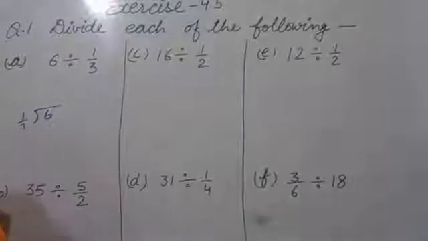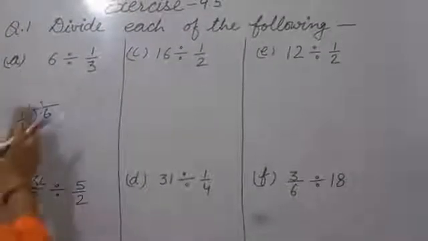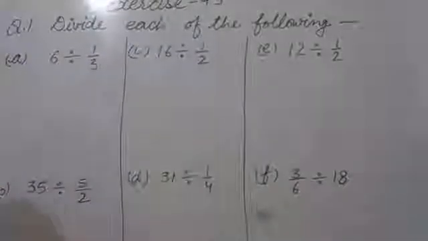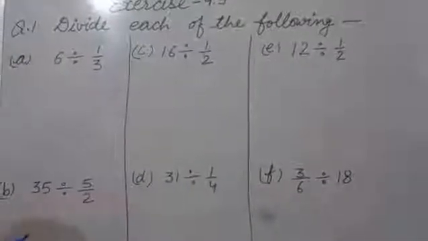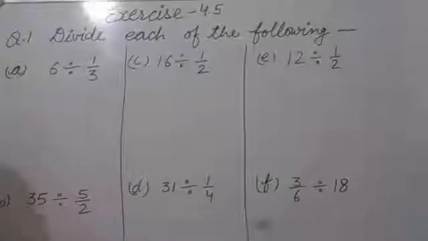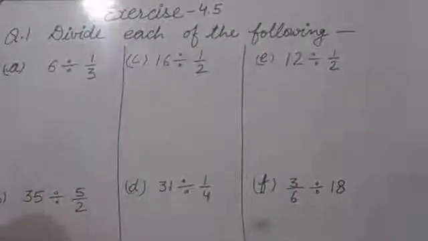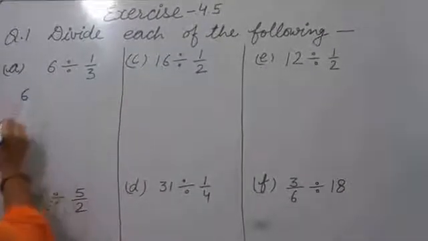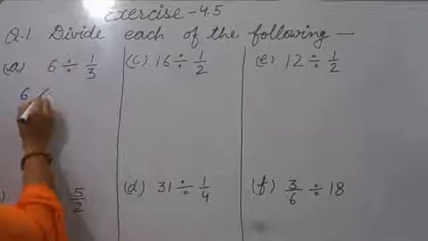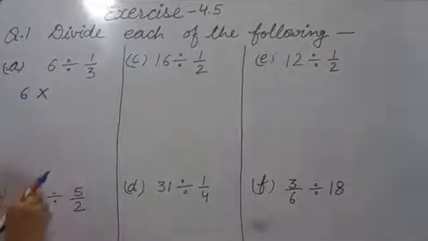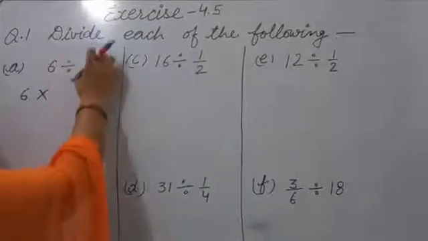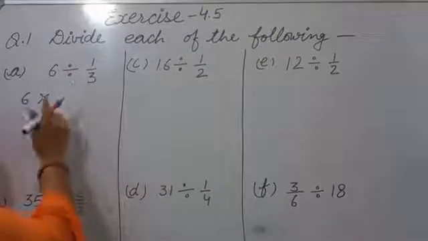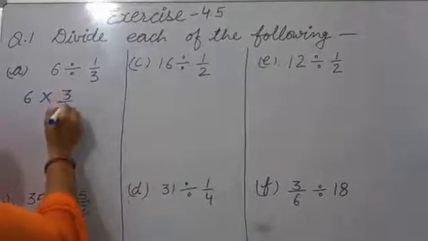How will we do it? We change divide into multiply. In fractions, the divide is different from whole number division. Okay? With whole numbers we divide directly. This is different. We change this into multiply. So how will we change this into multiply? 6 will remain the same, 6. Now divide will change into multiply. But we can't change it directly. So what will we do? After that, whichever fraction we have, we make its reciprocal. So here we have 1 upon 3. So it becomes 3 upon 1.